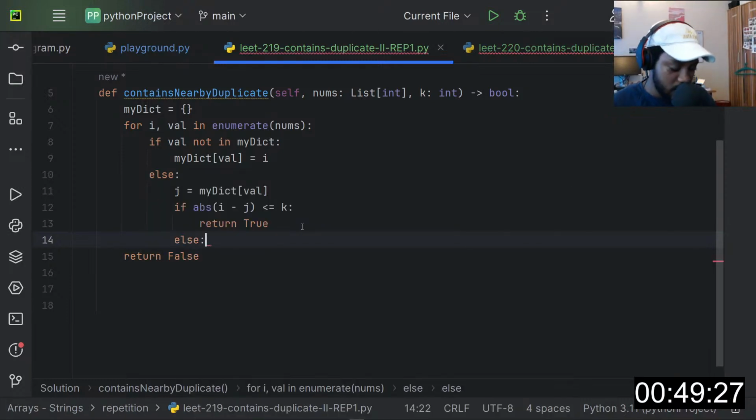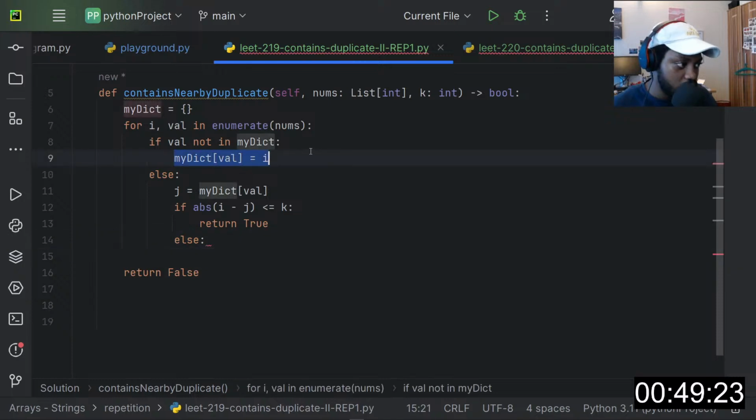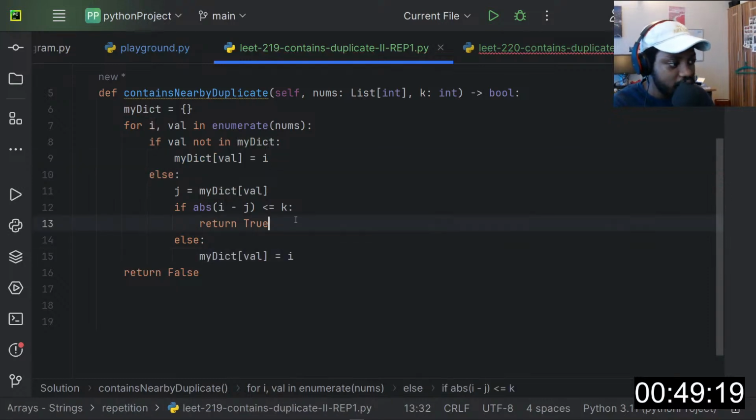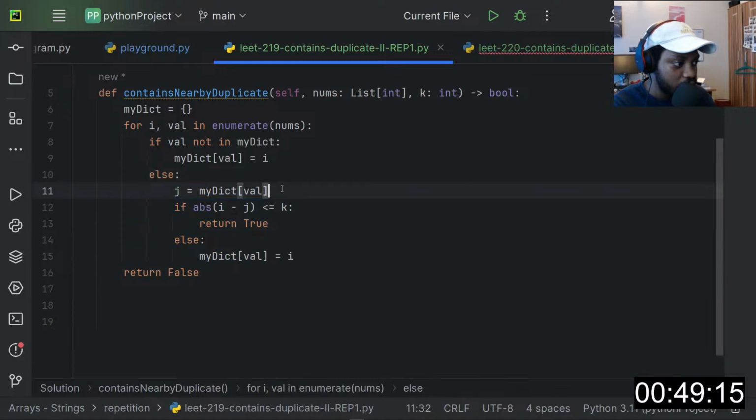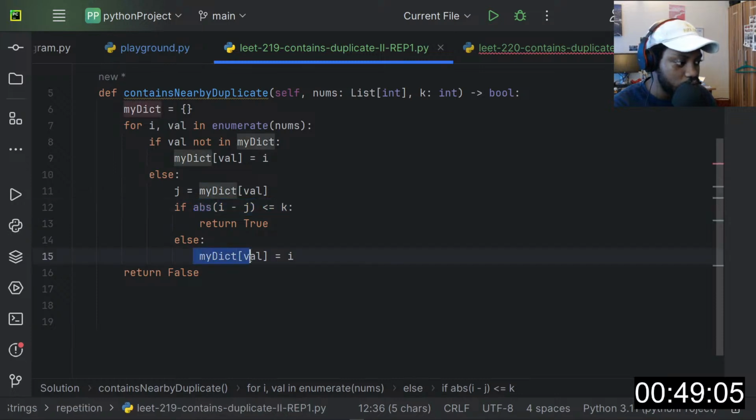Else, we can just say this. But there's another way we can simply write this. We can say if the absolute value of their difference is superior to k, we do this, else we return true.